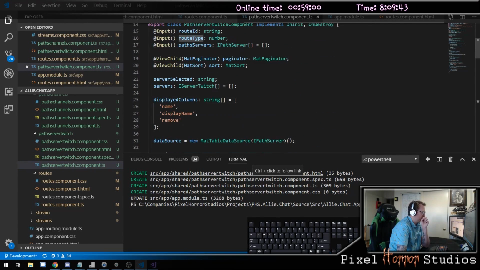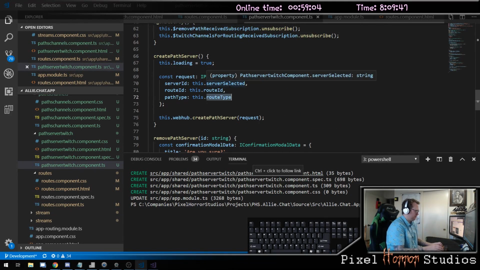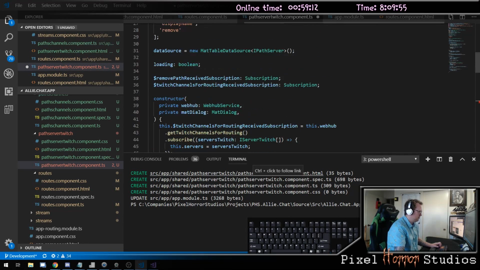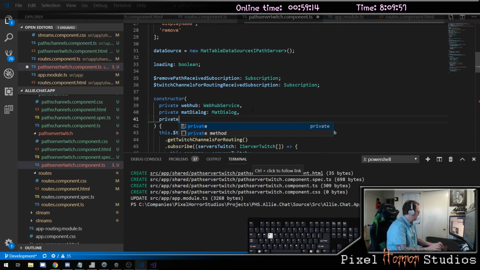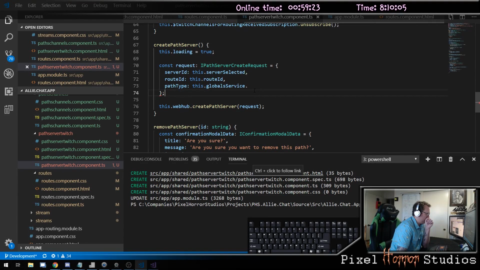It's equal to path server. This dot global service dot, and this one is path type dot